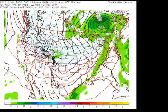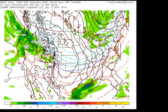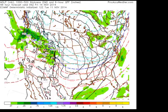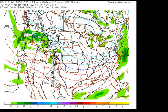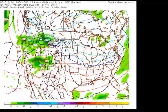Now the question is, after the cold air comes in, do we see any snow? And I do still think Thursday into Friday we see a few flurries, if not a snow shower. I'm still on board with that. But today I want to use a European model and show you what I'm looking at for early next week, because I know there's a lot of talk about a snowstorm. And right now, for all these areas right here,